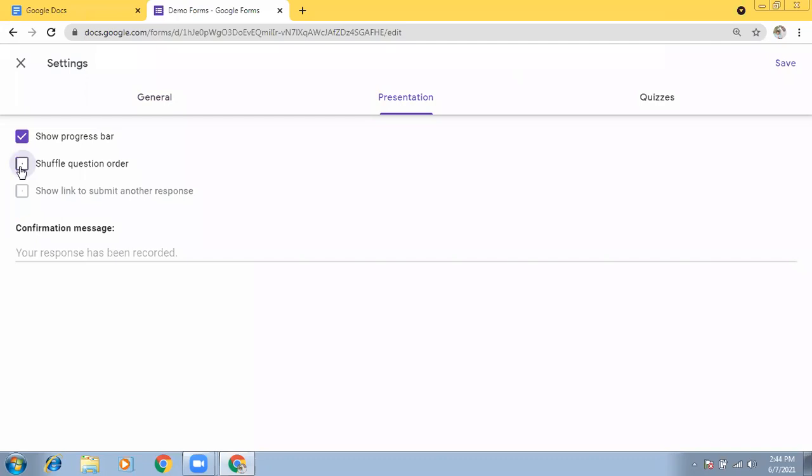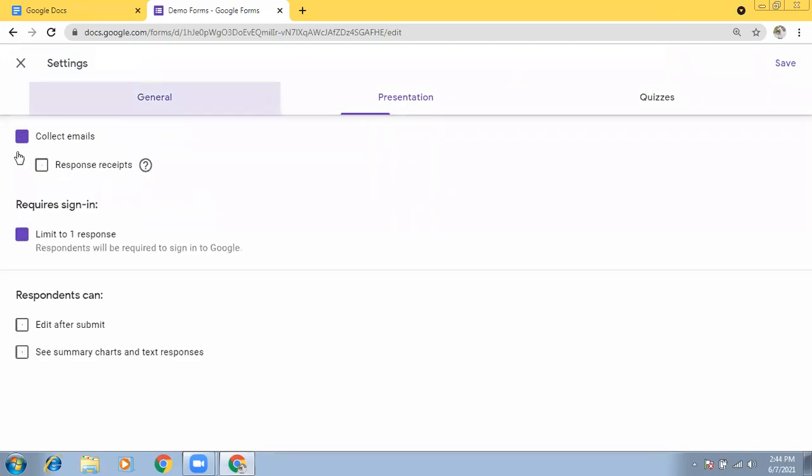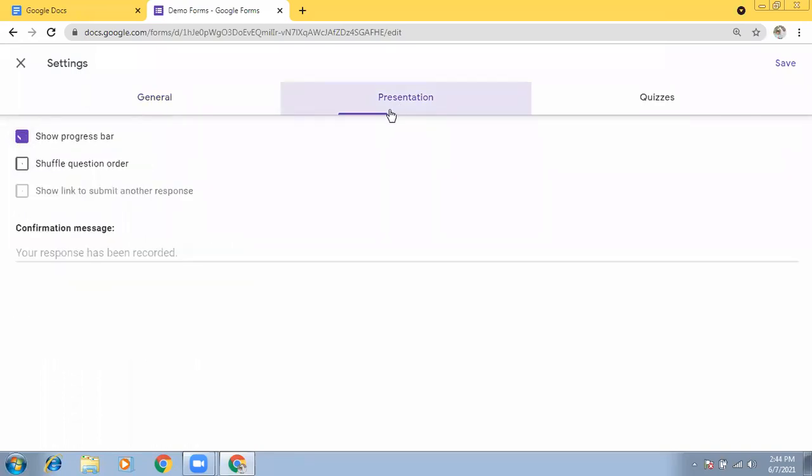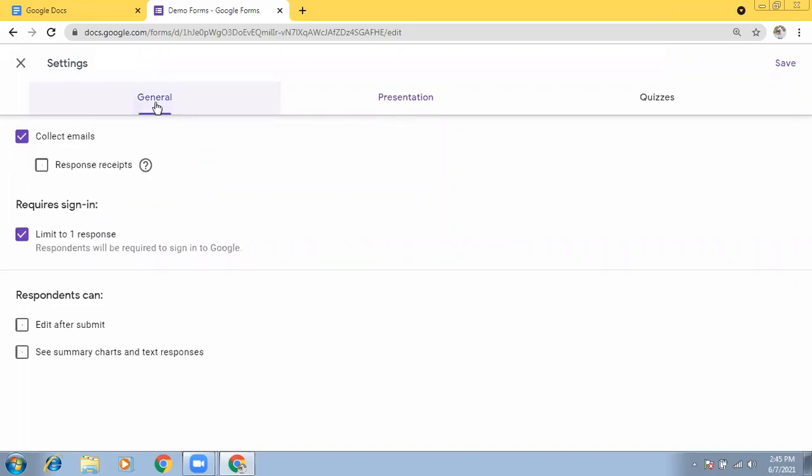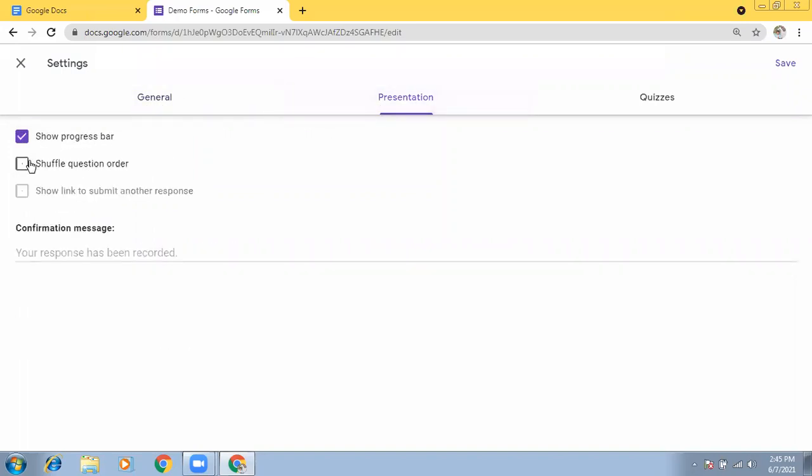And remember, if you are checking the shuffling, even if you have fields like name and email ID, the email ID will be there by default as the first one. If you are asking for their details like name, roll number, etc., such things also will be shuffled if you click shuffling the item. So in such cases, you just avoid it.